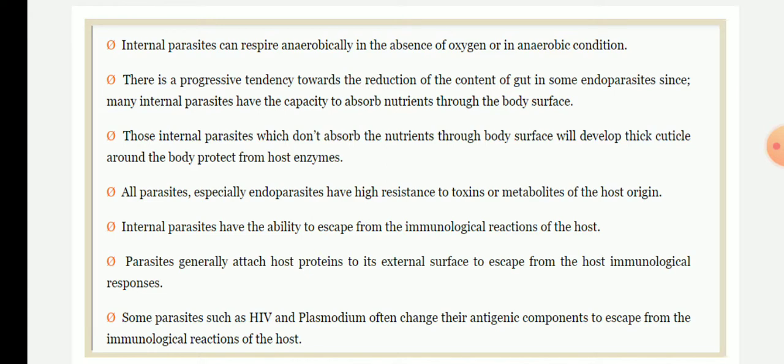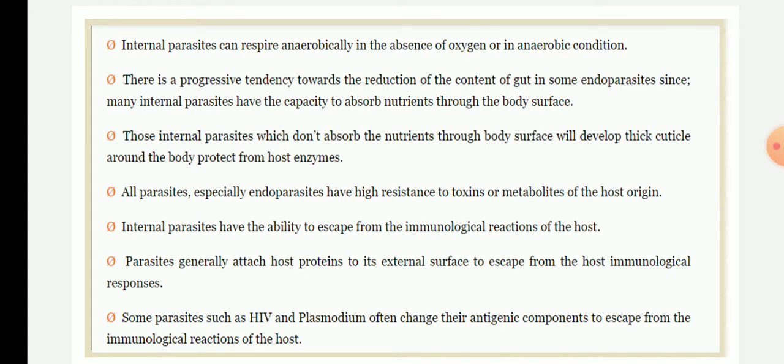Okay, the next point is osmotic pressure adaptability. The parasite maintains the osmotic pressure of its body fluid approximately the same as, or slightly less than, that of the environment in which it lives, that is the environment of the host. This facilitates them to absorb nutrition through their general body surface, and osmotic equilibrium also prevents the disturbing exchange of water.